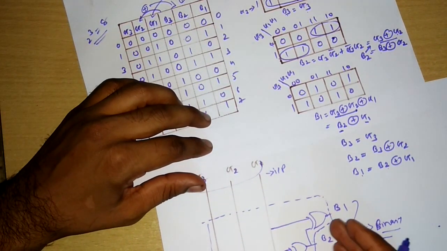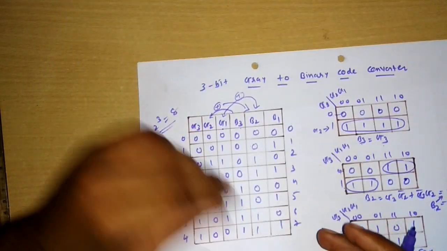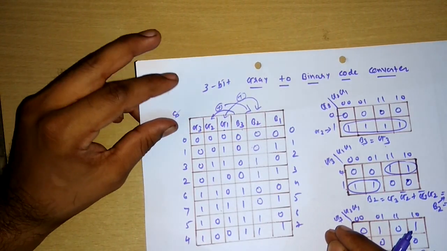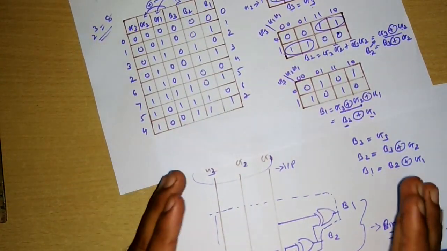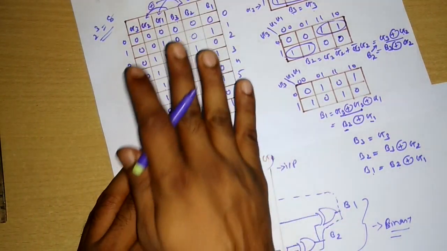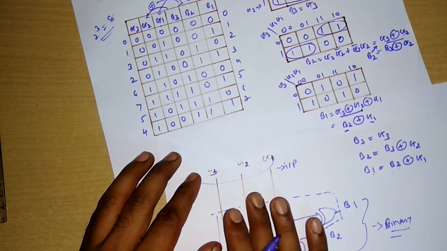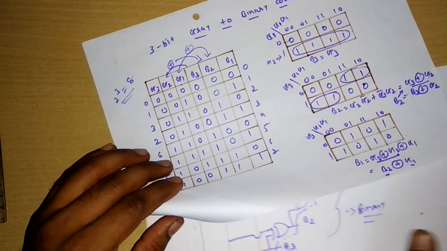So further we can also have the 4-bit gray to binary code converter, which will replace these 8 combinations with 16 combinations. So this is how we can implement any code converter circuit with simple logic. You have to follow all these steps every time. First the truth table, right? Then the K-map, then the circuit diagram. Right. Okay, so in the next video we'll see some other code converter circuit.